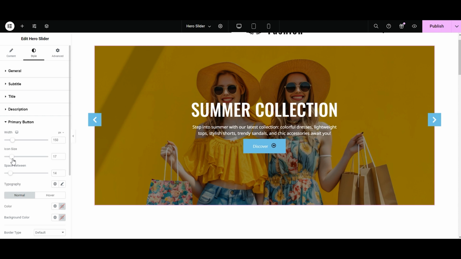If you have used one, 50, 20, 18 looks alright. Then we can adjust the space between the icon and text from here. Okay, 10 it is. In typography,